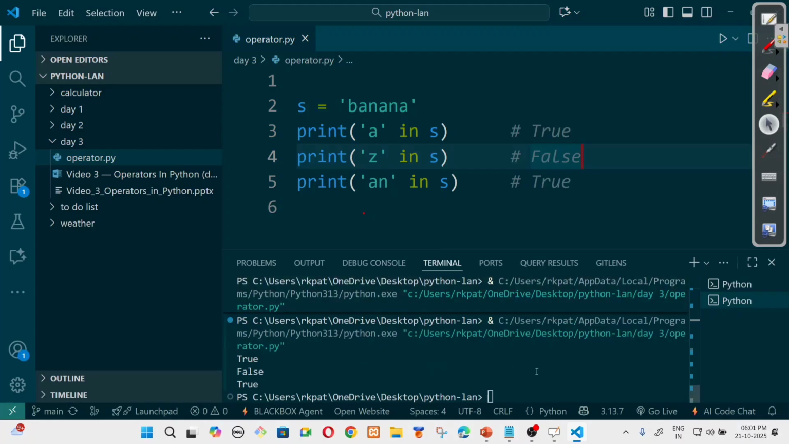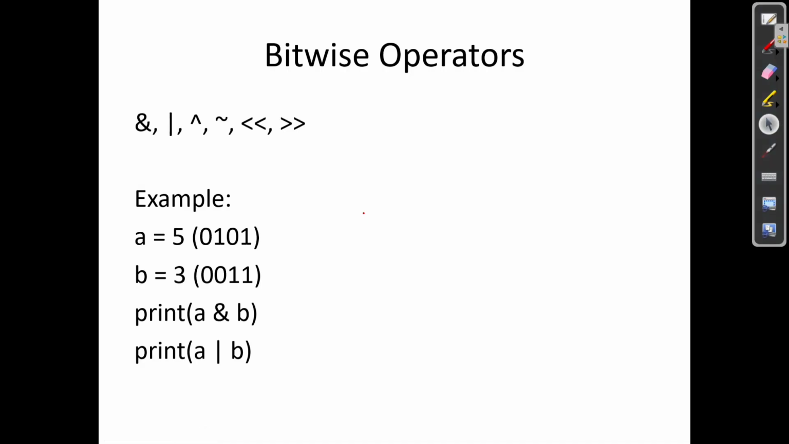True, false, true. Bitwise operator. So next we are going to check bitwise operators. Bitwise operators perform operations on data at the individual bit level. Means